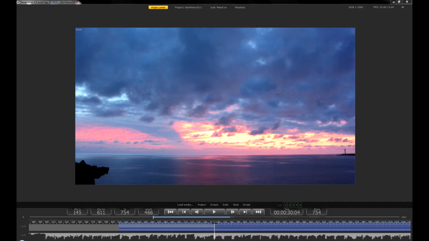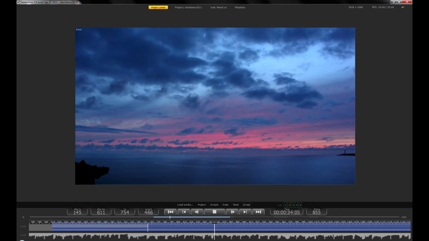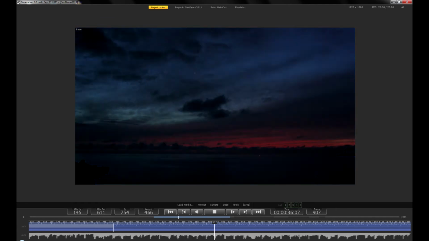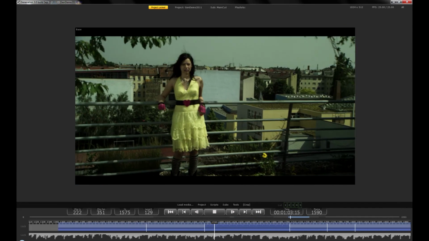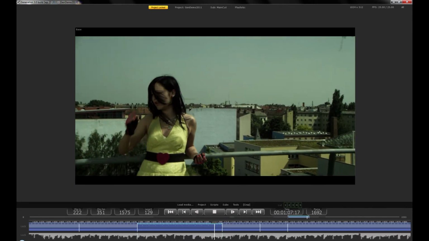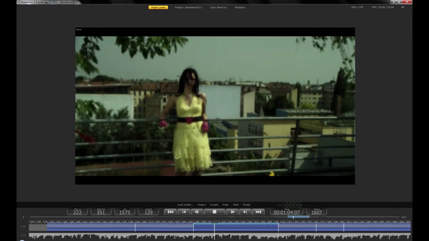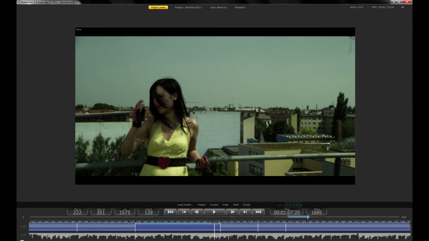Let's talk about playback. Different file formats can be played back in real time in resolutions even exceeding 4K. This includes, for example, JPEG, DPX, TIFF, eyeon and of course RAW formats. While playing back RAW footage, you can select between different proxy resolutions to allow real-time playback even on smaller systems